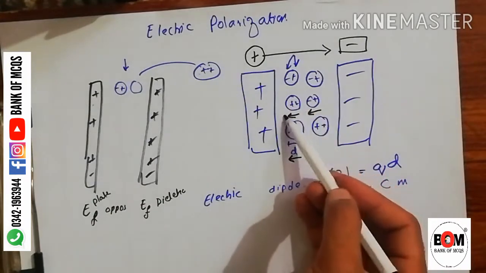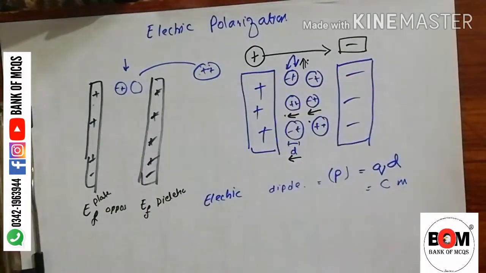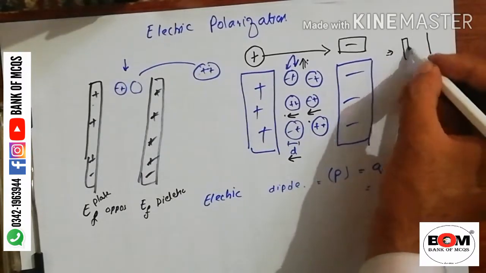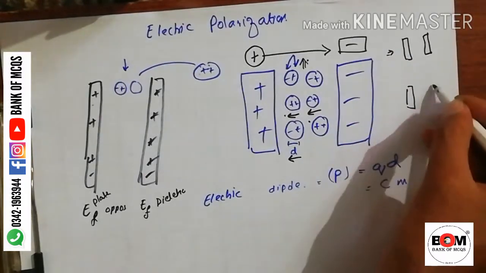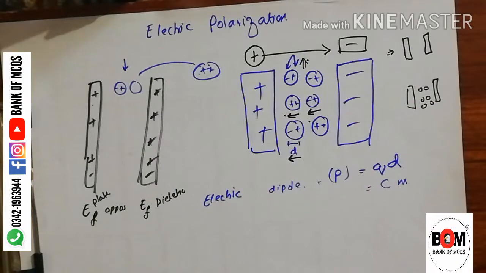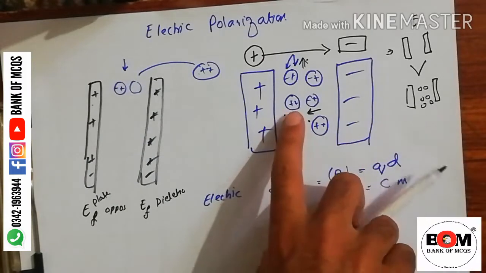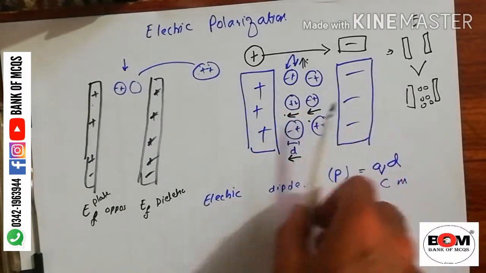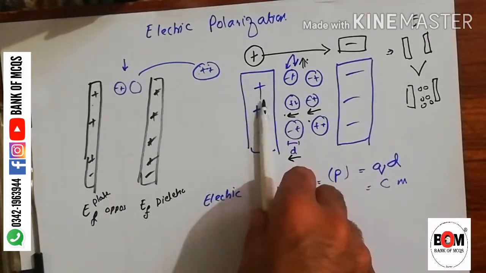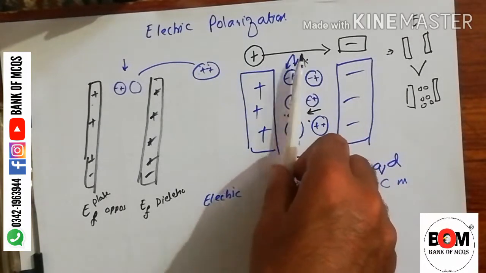As these are opposite to this, this will cancel the effect of this. Not totally, but it will decrease the effect of the electric field. For example, if we have two plates, one without and the second with the presence of dielectric substances, which one has a higher electric field? This one has a higher electric field than this, because if we put a dielectric, electric polarization will take place. The electric field of the electric dipole is opposite to that due to the plates, so this electric field will cancel the effect of this, and hence a decrease will be observed.